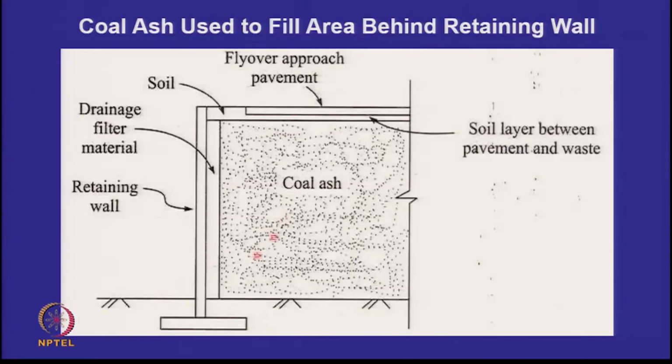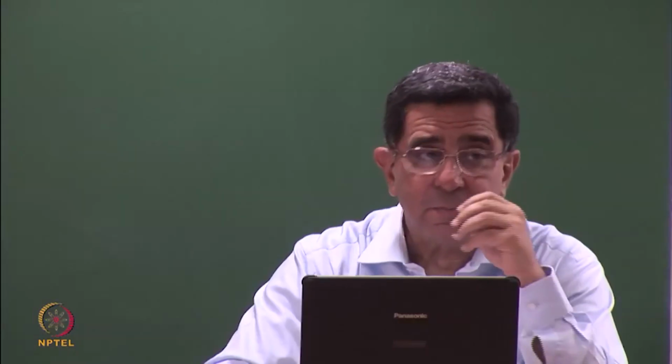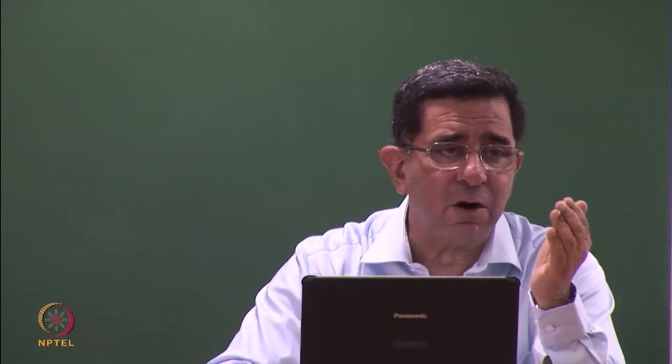And similarly, in the flyovers now, at a lot of places, coal ash is being used as a backfill material for the purpose of retaining structures. Of course, a big change is occurring, which is slightly tricky. Earlier, all pond ashes used to be a mixture of bottom ash and fly ash. Now what's happening? Bottom ash is being consumed by the industry as a replacement for sand. So more and more pond ash is becoming fly ash. When it becomes fly ash, it actually does not meet the requirements of backfill for reinforced earth walls. If you look at the European standards and other standards, it does not meet those requirements. It's becoming finer than that.